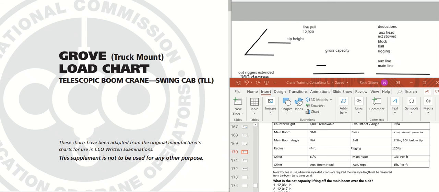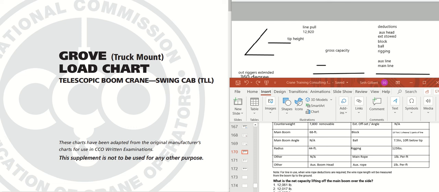Alright, we're going to go ahead and go over another Grove load chart, truck mount, telescopic boom crane, for your swing cab or your TLL specialty certification. On this load chart, it's going to be a little harder. We're going to be between boom lengths and radius. So you're going to have four load chart selections, gross capacity selections to choose from once we get to the